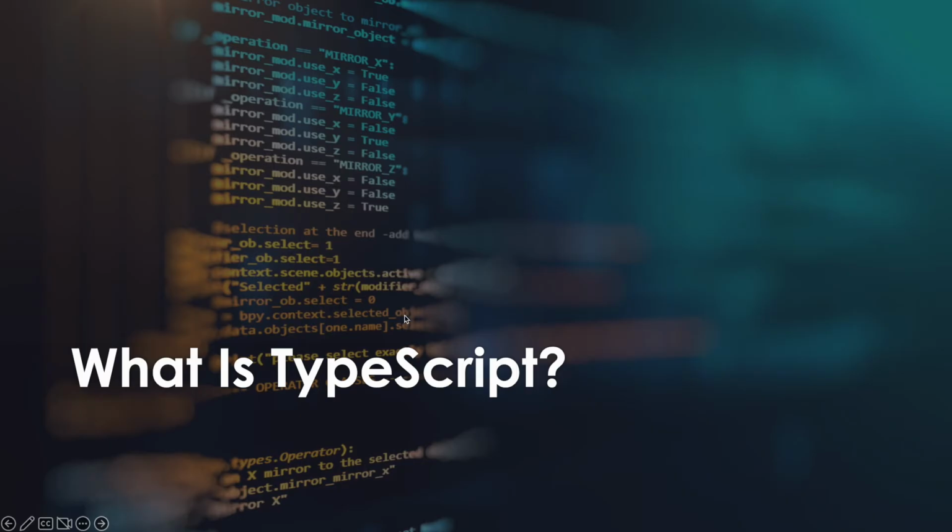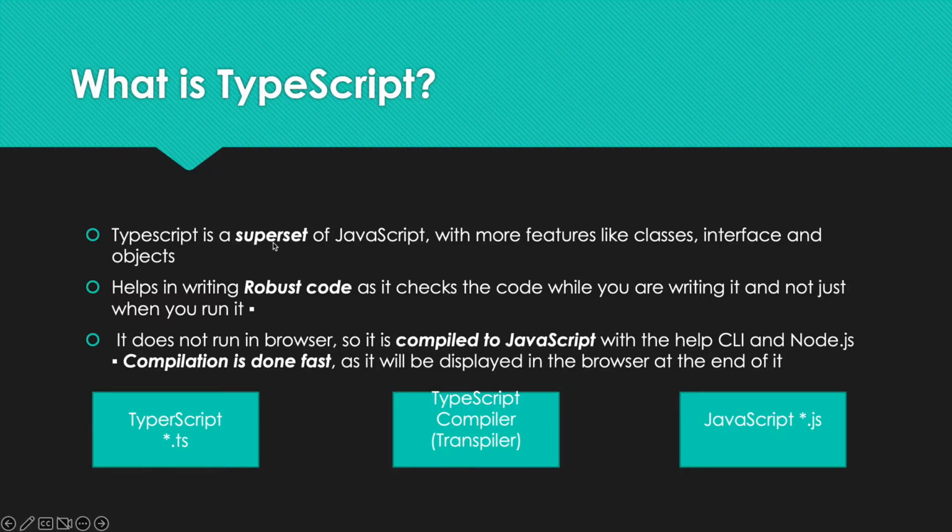And what is TypeScript? TypeScript is basically a superset of JavaScript with more features like classes, interfaces, and objects. If you remember, Java uses OOPS concepts. Similarly, in TypeScript, we will be following the OOPS structure. Why are we using TypeScript here? It helps in writing robust code, which means it checks the code while we are writing, not when we